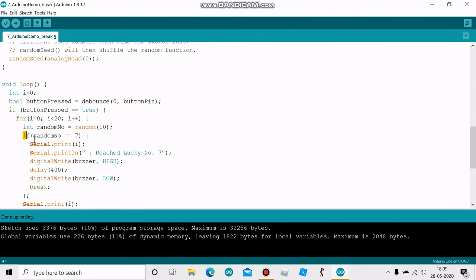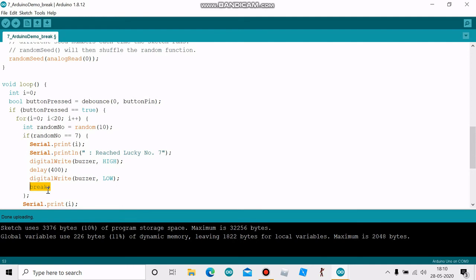Now if the random number is equal to 7, I want to print out the number first. I'm going to say reached lucky number 7. The buzzer will beep on the board, and then I'm breaking out of the loop.